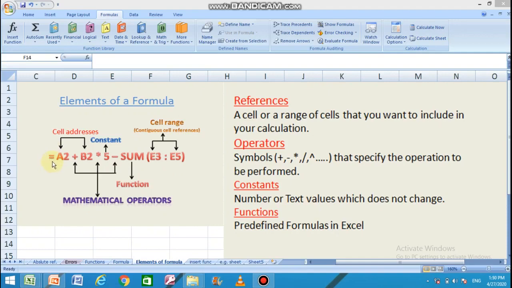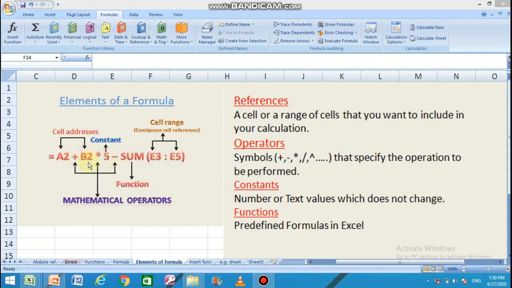A formula can have cell addresses, constants, mathematical operators, cell ranges, functions, etc. Let us understand each one of them one by one. Just have a look on this formula: A2 plus B2 into 5 minus SUM in the bracket E3 colon E5 bracket closed.